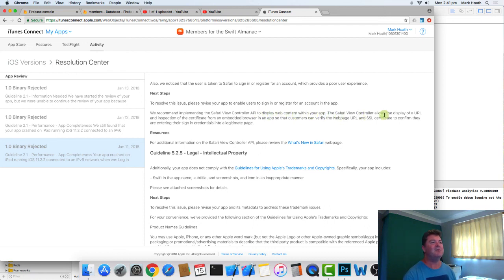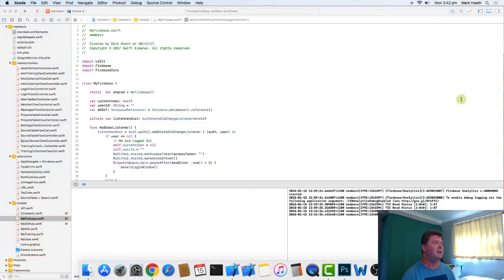The Safari View Controller allows the display of a URL and the inspection of the certificate from an embedded browser in the app, so that customers can verify the web URL and the SSL certificate to confirm they are entering their sign-in credentials into a legitimate page. Again, this is something that Apple has forced upon developers since the Worldwide Developers Conference 2017, but luckily this change in implementation is really just 2 or 3 lines of code,